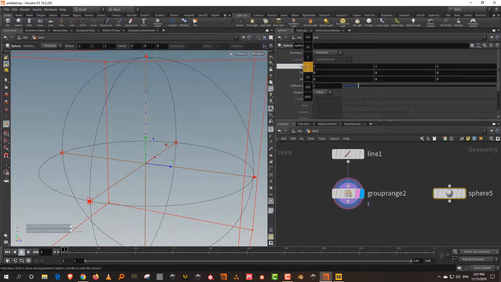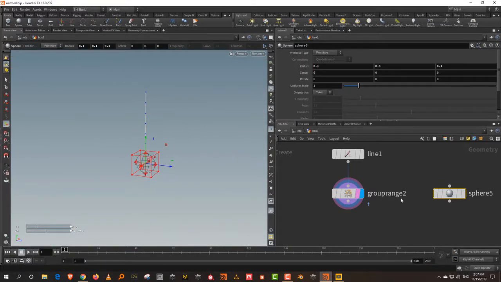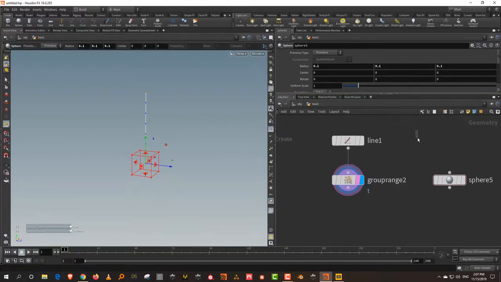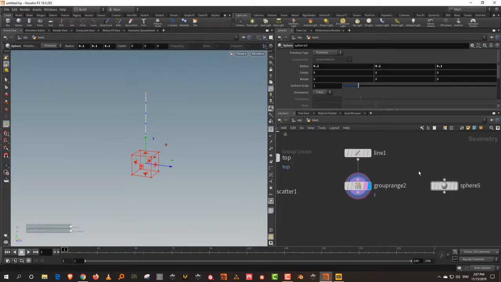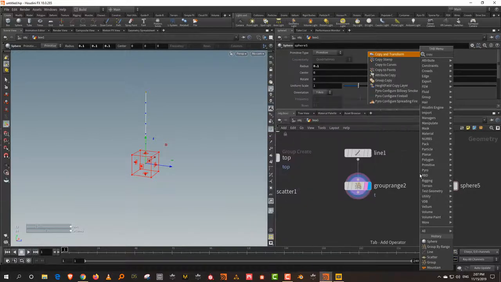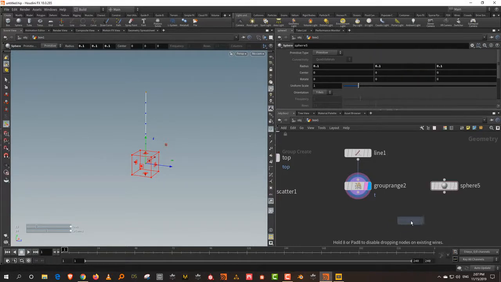So I can just take this and scale it down, and I want to copy it to the top. The way that works, and we'll be doing copies in more detail in the next lesson because there's a lot of stuff that you can do with copies, but what you can do very simply is there's something called a copy to point, which allows you to copy geometry onto points. So I'll just take a copy to point,